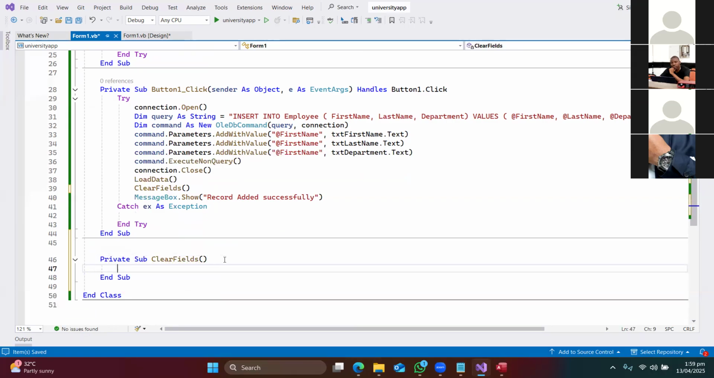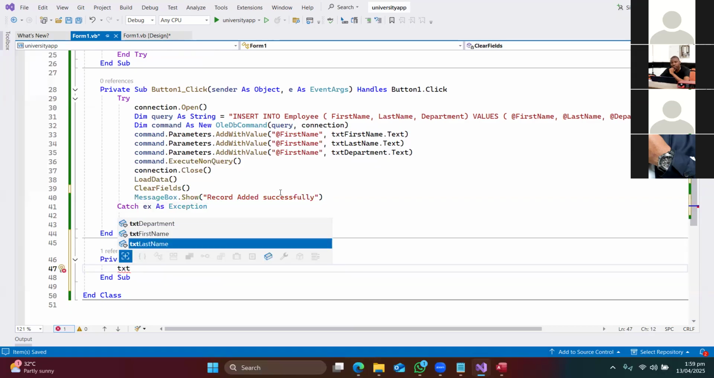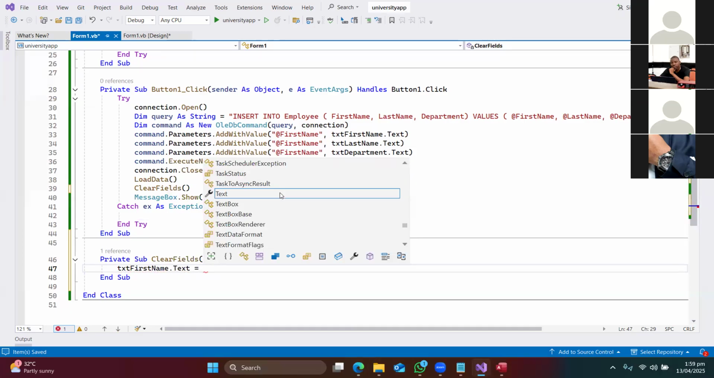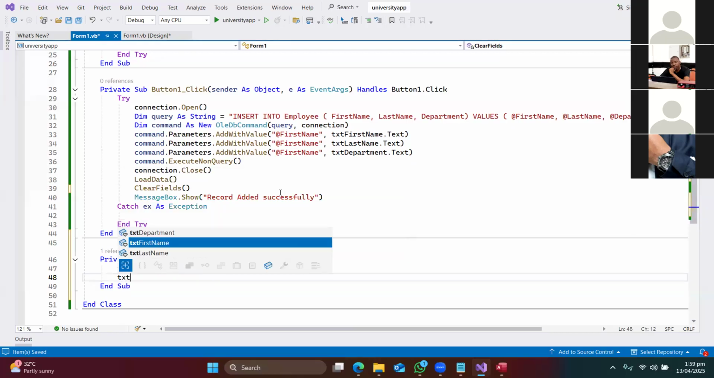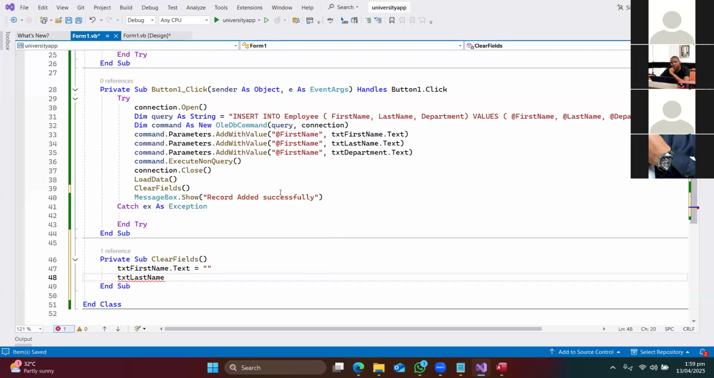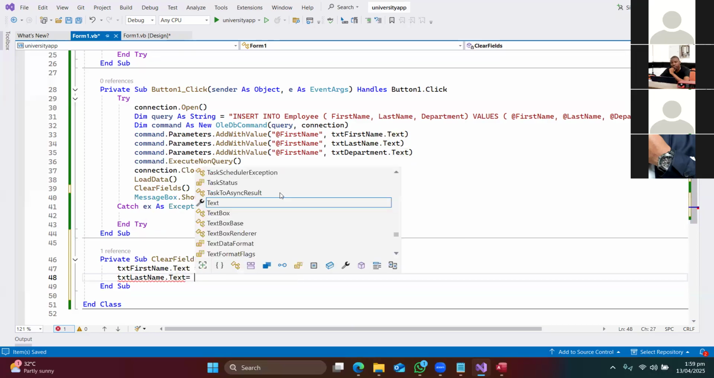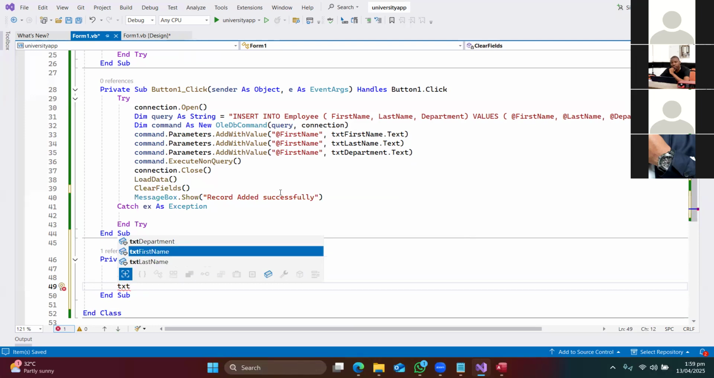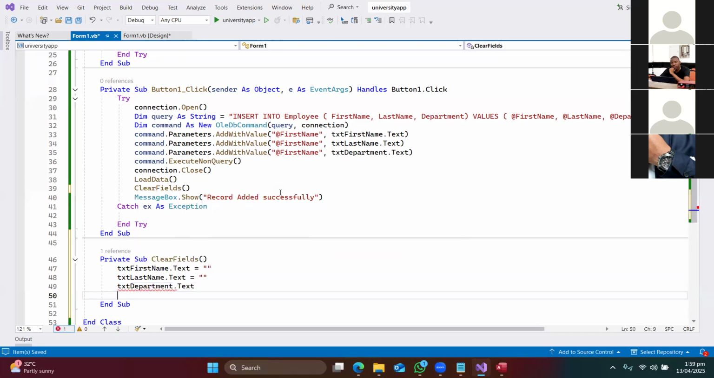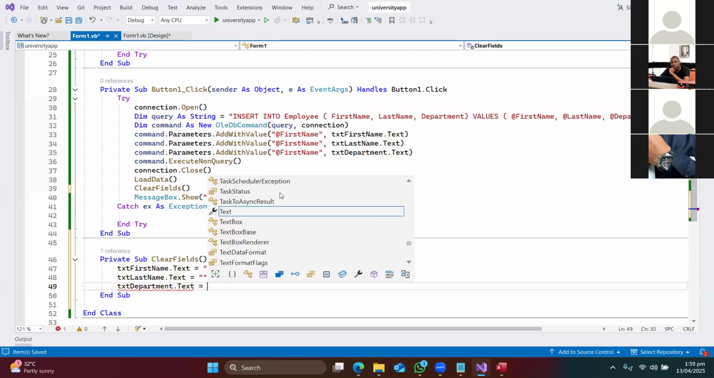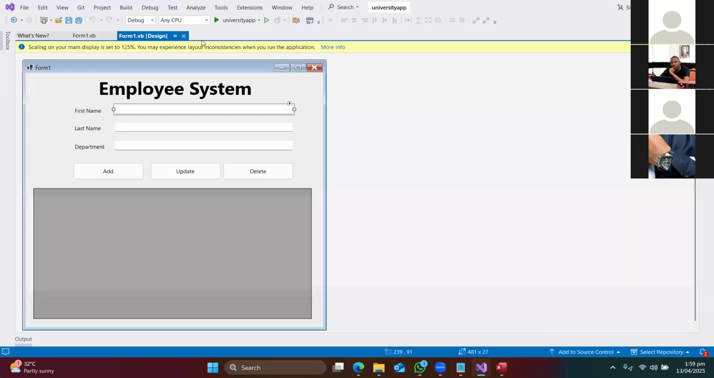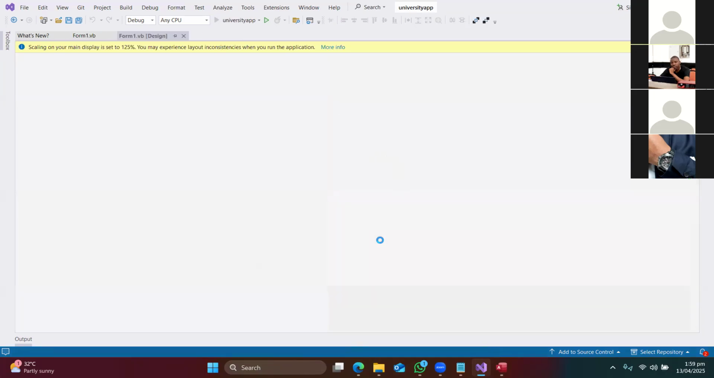And then in here, I'm going to say the following, that wherever you have txtFirstName.Text, make it equal to nothing. Wherever you have txtLastName.Text, make it equal to nothing. And wherever you have txtDepartment.Text, make it equal to nothing. So here I've used this to empty my fields. So let's have an example. If I run my application now,